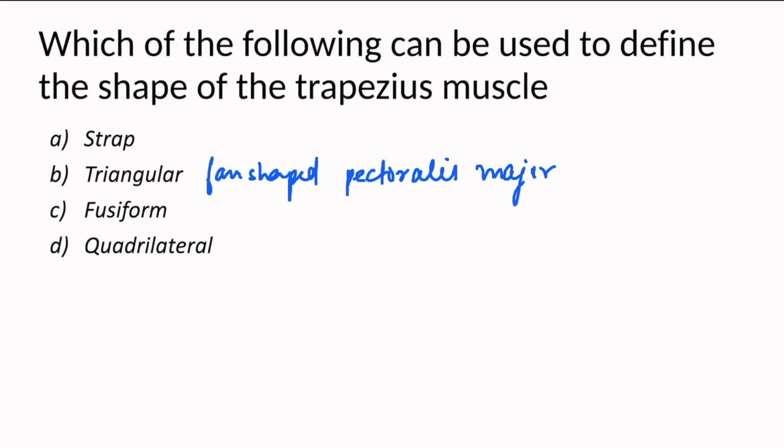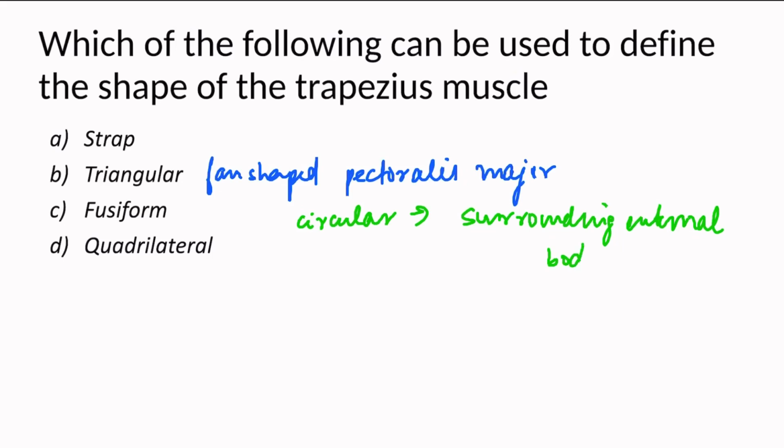Okay, other shapes of muscles that you can remember are circular muscles, which are seen around the external body openings, like orbicularis muscles. Okay, circular muscles are seen surrounding the external body openings.